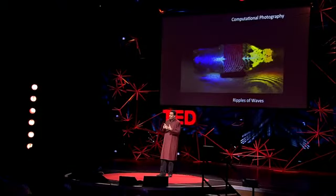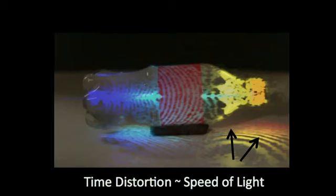And when you look at those ripples, remember, the time between each of those ripples is only a few trillionths of a second. But there's also something funny going on here. When you look at the ripples under the cap, the ripples are moving away from us. The ripple should be moving towards us. What's going on here? It turns out, because we're recording nearly at the speed of light,